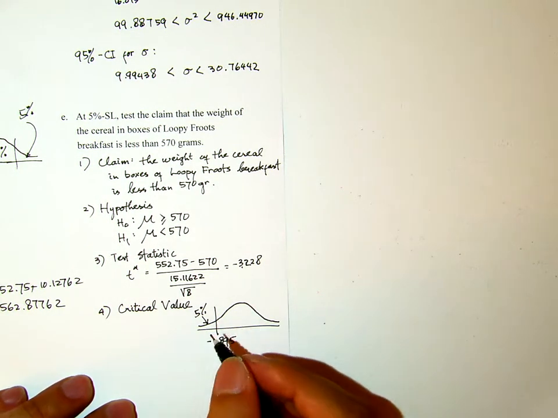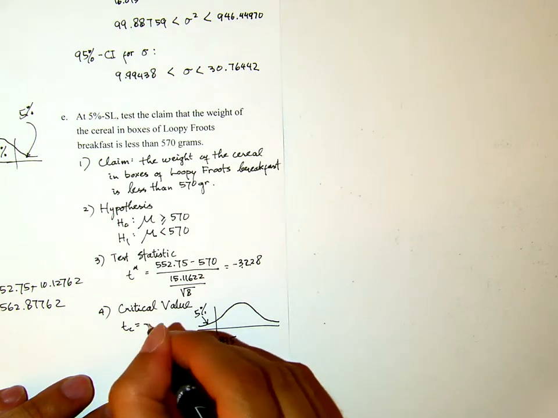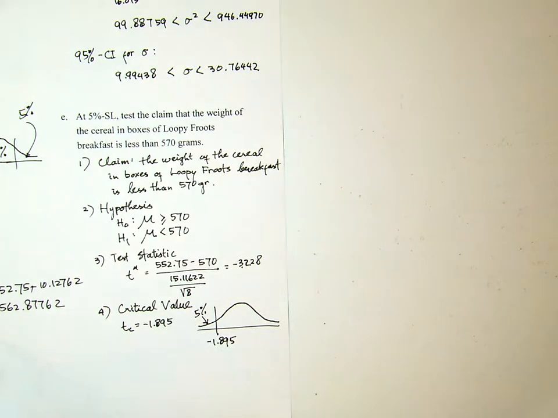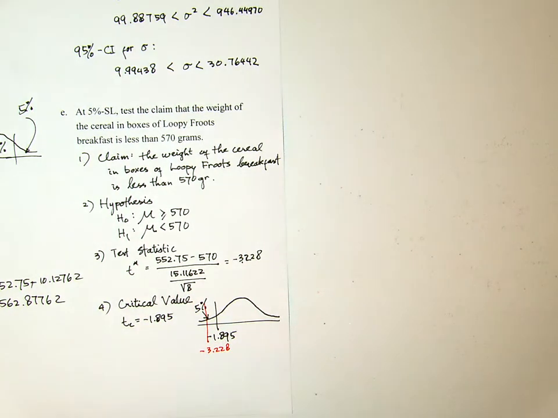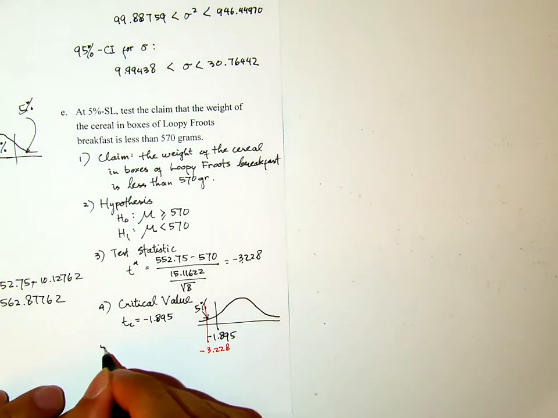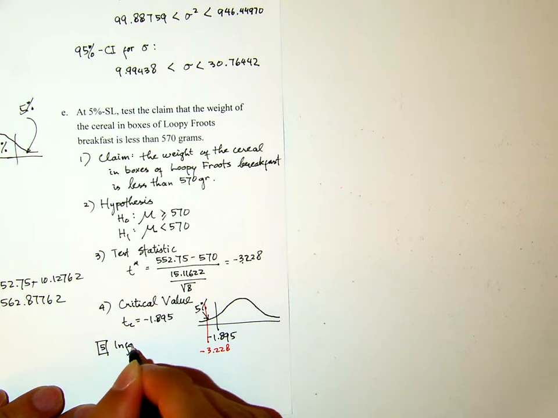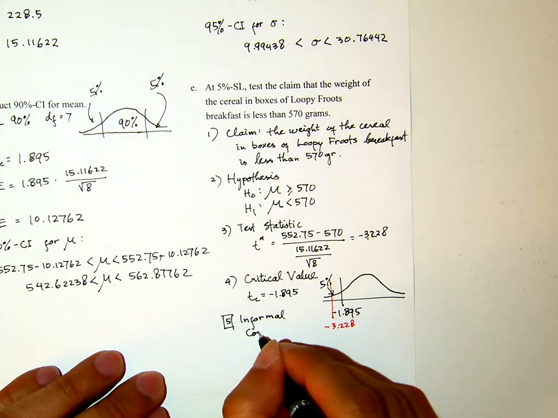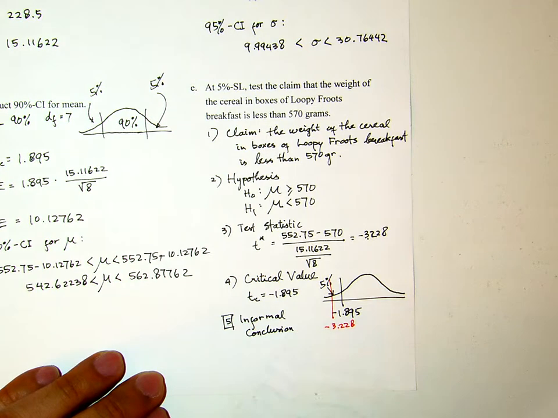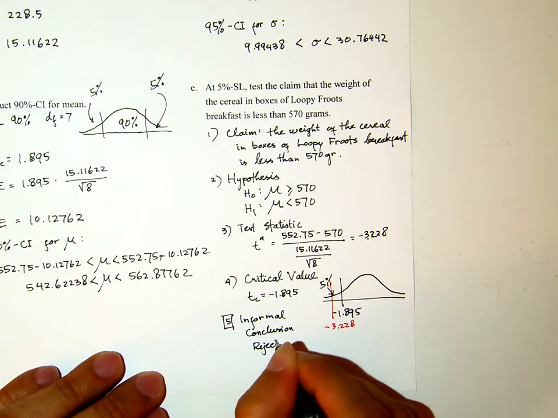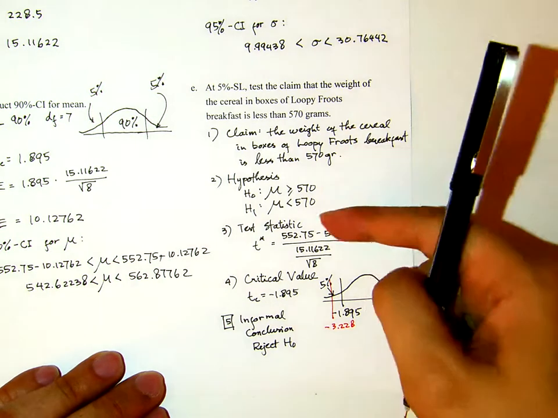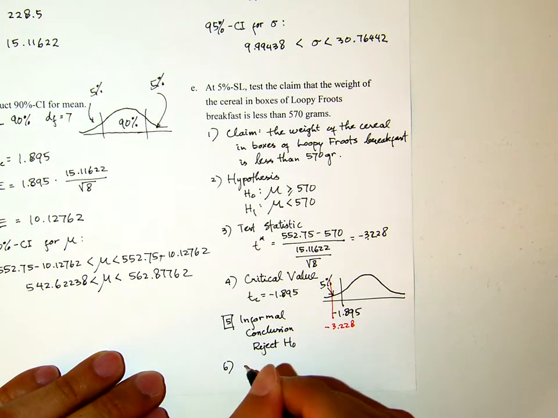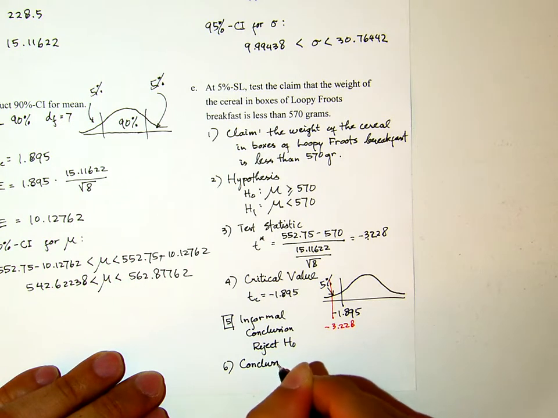So I use negative here, 1.895, because that's the left tail, right? So T critical is negative 1.895. But the test statistic is even to the left of that, right? So our informal conclusion is to reject the null hypothesis. We reject the null hypothesis, but the claim is actually on the alternate hypothesis, which means that the conclusion,